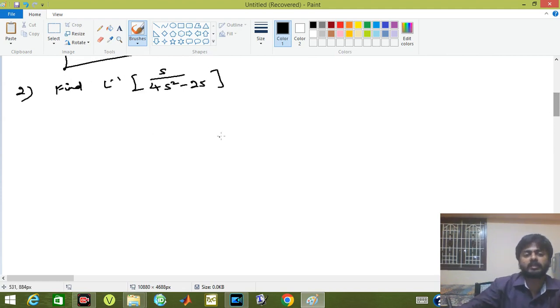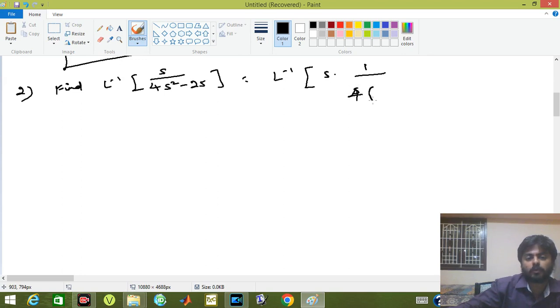So we can take this as L inverse of s into 1 divided by, I can take the 4 commonly outside, so 4 into s square minus 25 by 4. So this can be written as 1 by 4 into L inverse of s into 1 divided by s square